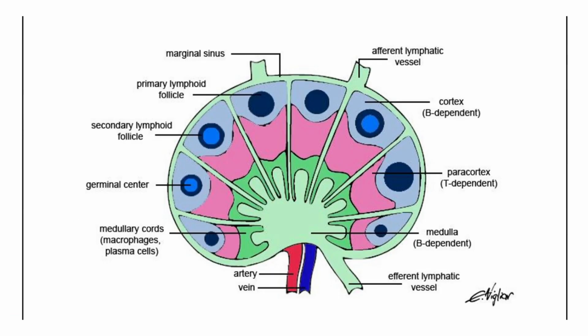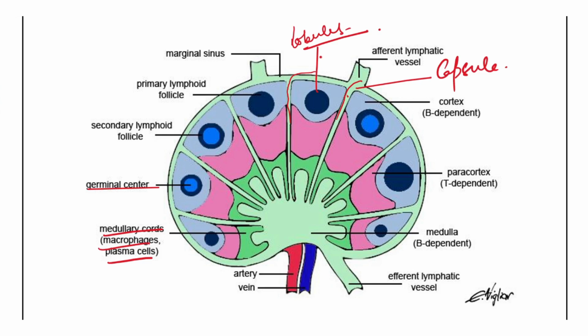Now if you see the diagram here, this is your lymphatic nodule. We have the marginal sinus. This is the capsule. We have invasions here inside from the capsule, which will divide these into lobules. This is the lighter staining zone and the dark staining zone. These that you see are the germinal centers. These are the medullary cords where you have the B cells present. These are the lighter staining medulla and the dark staining cortex. So this completes your 5 marker on histology of lymph nodes.